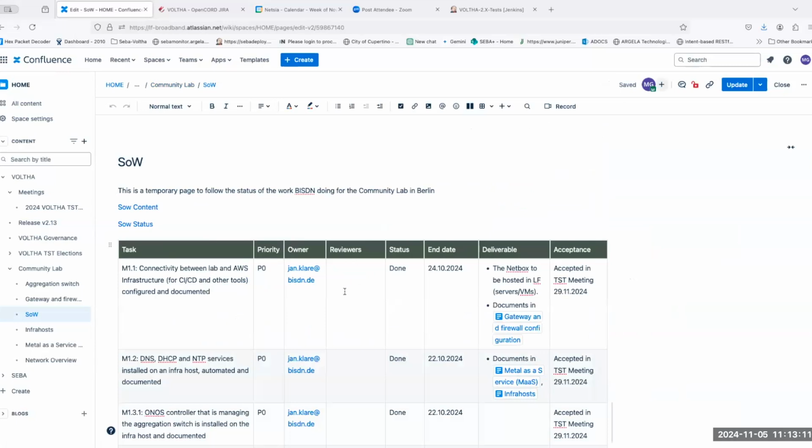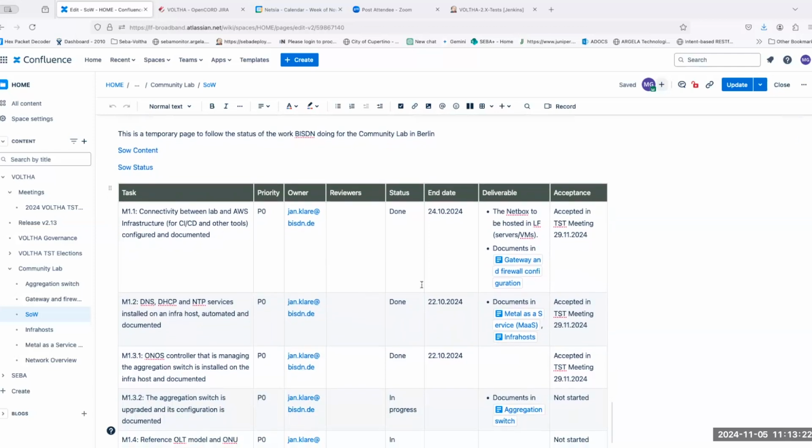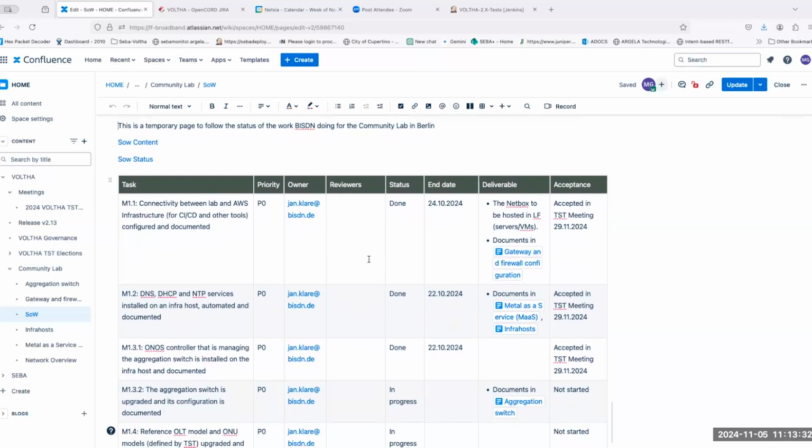And I want to add at least the names of 2 people for each row, people from TST probably, so that they will be responsible to check the documentation and, if required, the other acceptance criteria that we haven't checked yet, to approve the actual work.